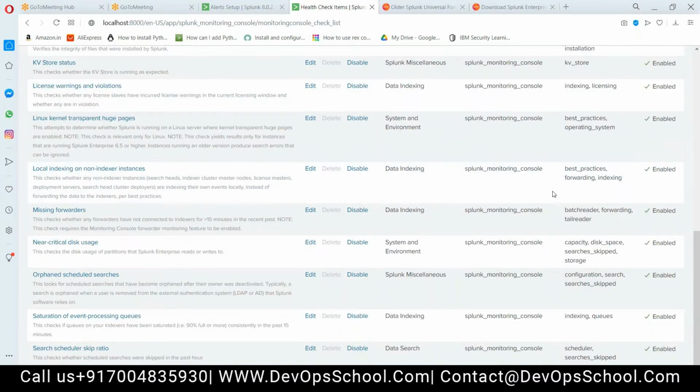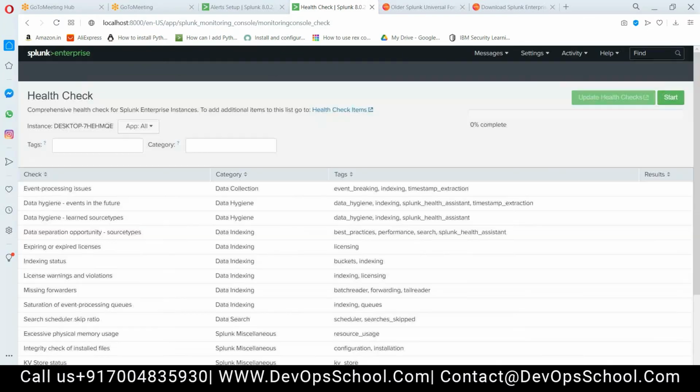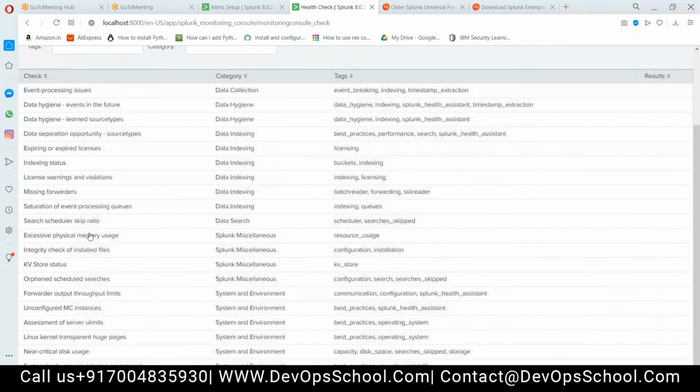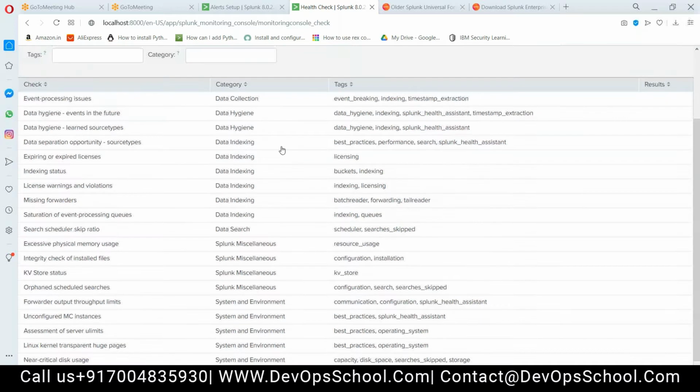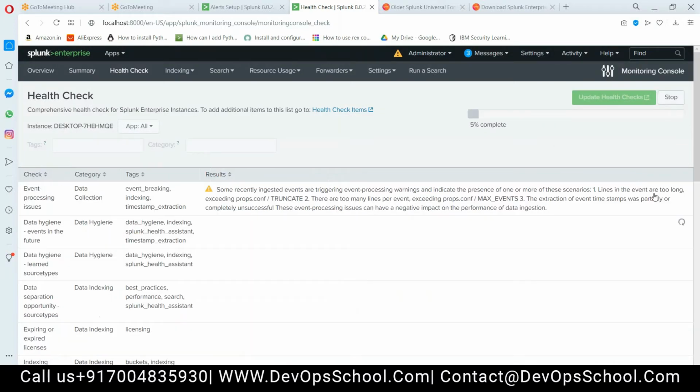That's under Settings, Health Check. Here, these are the health check items. They are pre-written queries, and when I hit start, it will start analyzing Splunk based on that. It will give a result. Just wait one second.